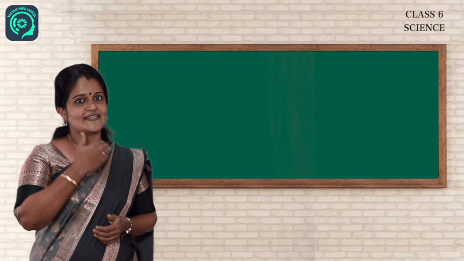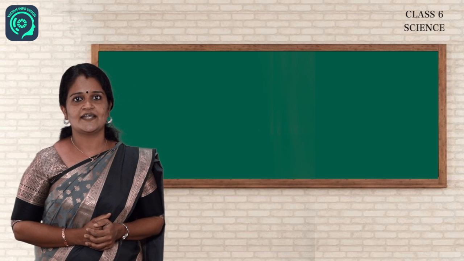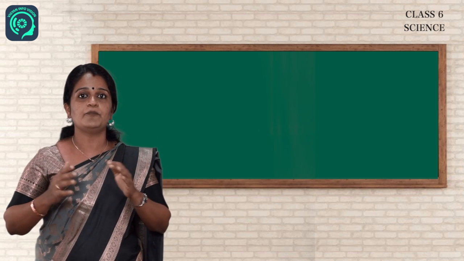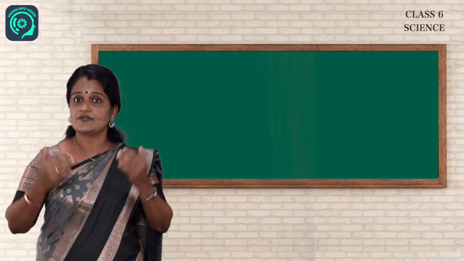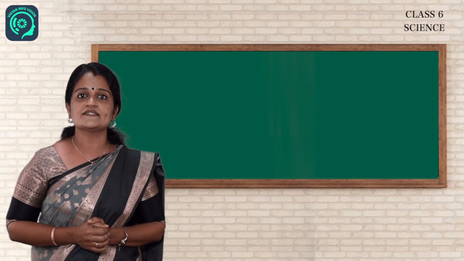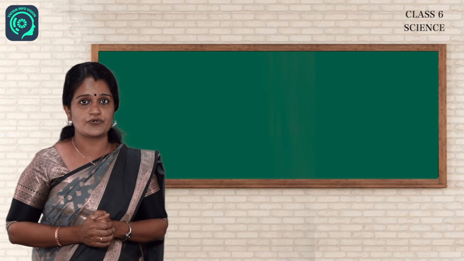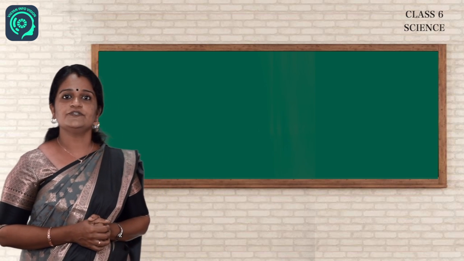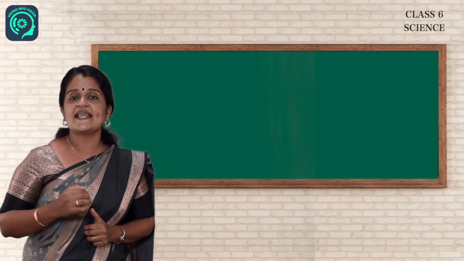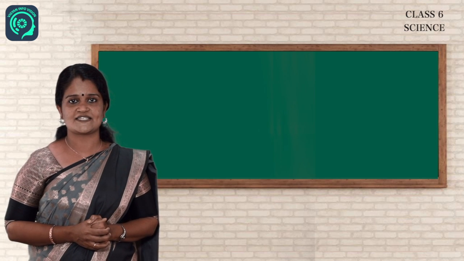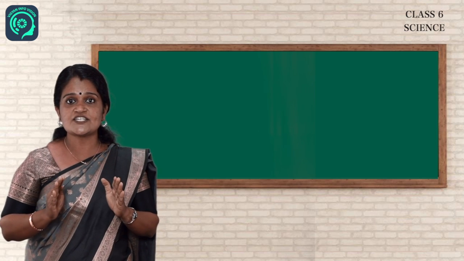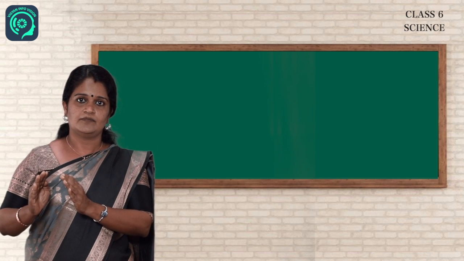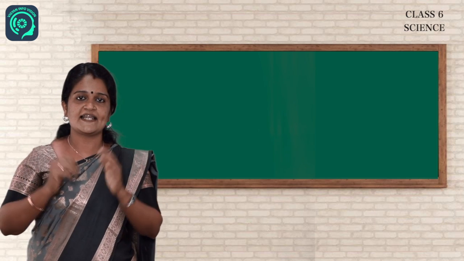So students, this is about balanced diet. We dealt with the nutrients, isn't it? Nutrients are very important to our body, that we studied. So what happens when we don't take these nutrients in a correct manner? We can go through it. Before that, we go through balanced diet. What do you mean by balanced diet? A diet which consists of proper quantity of food for the growth, we call it a balanced diet.